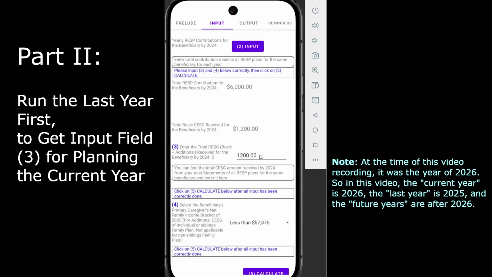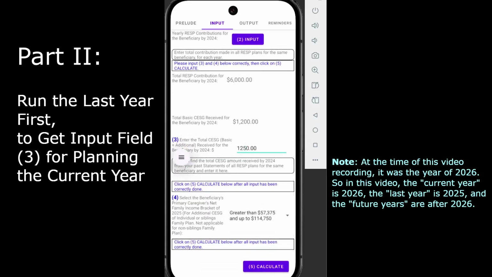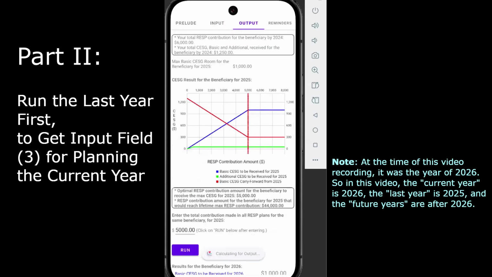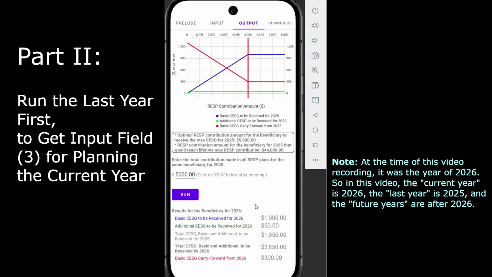Let's say the amount is $1,250. For the total contribution made for the beneficiary for the last year, let's say it was $2,500.